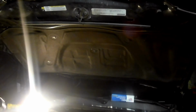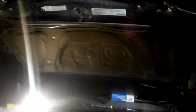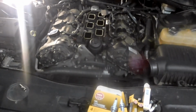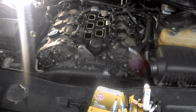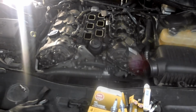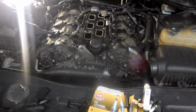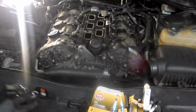This is OG Triple here at the shop. I got a 2012 Dodge Charger with a 3.6 V6 engine, and it had a misfire on cylinder 1. So I told the customer to go ahead and tune the car and replace that one coil pack, because this is what it's notorious for. I checked it out, and the coil pack that belonged right here to number 1